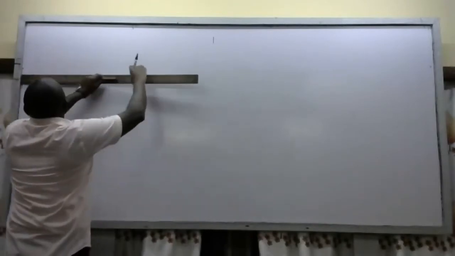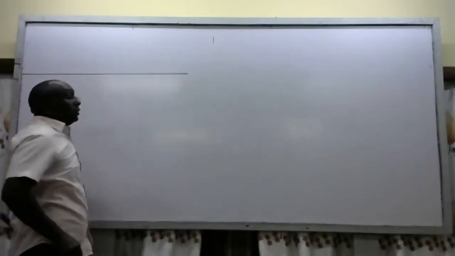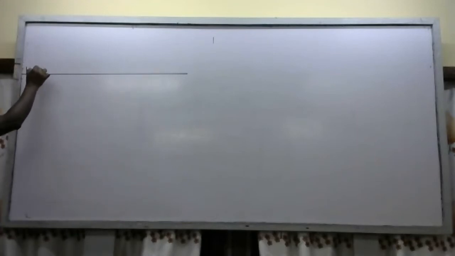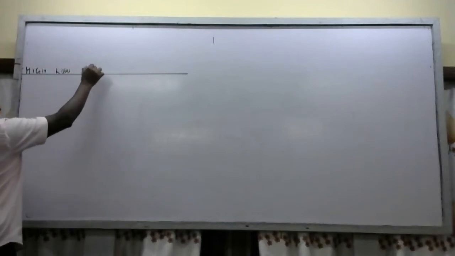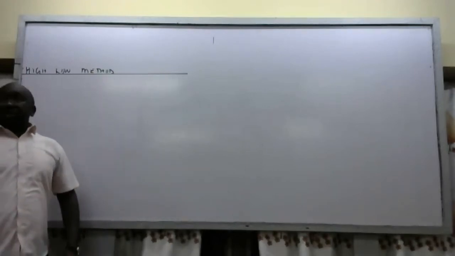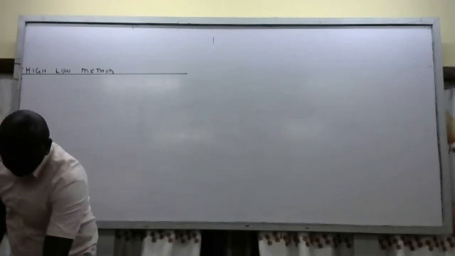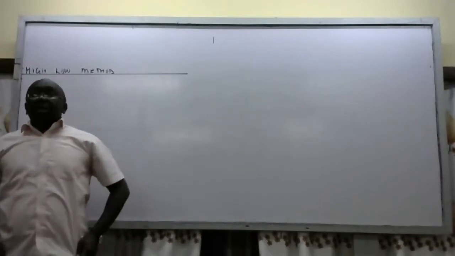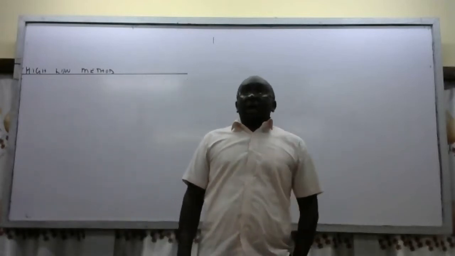The next method is called the high-low method. High-low method. And write that